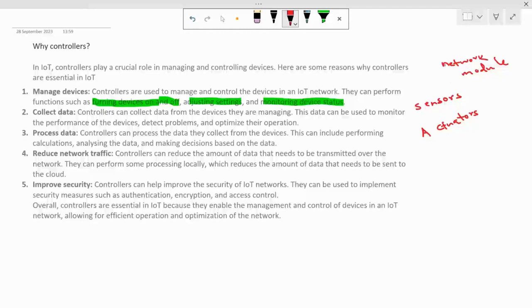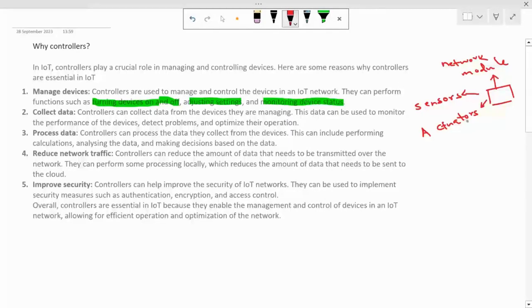The controller controls all these devices. It decides, according to the written logic, at what time the network module should be turned on or off. It adjusts the settings of the network module, or be it the sensor, or be it the actuator, and it also monitors the device status.